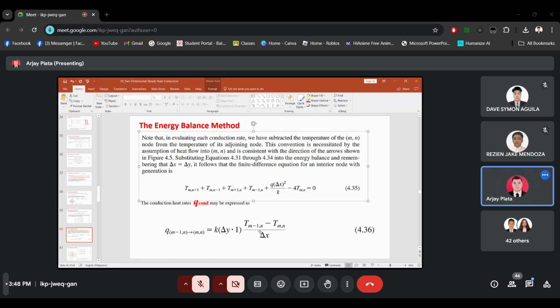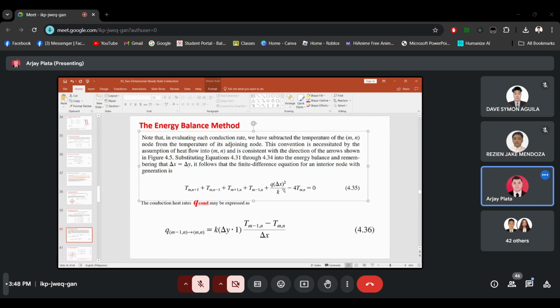Okay? So simplifying it, we have, that's our simplified equation. Okay, so this is for case 1,